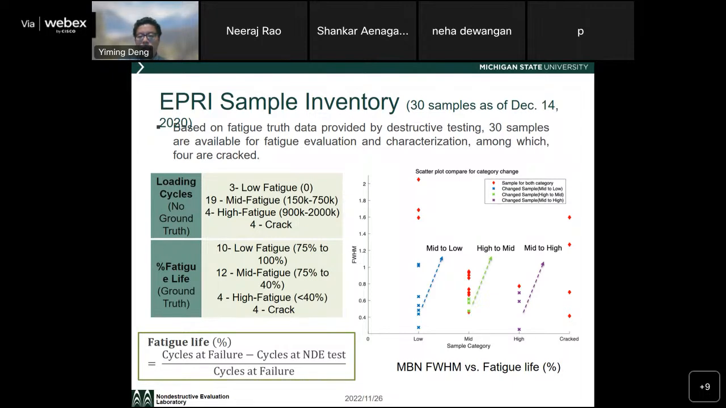Right, so we plot the scatter plot based on the limiting information we had at the time. You can see this is a plot of one feature, the full width half magnitude, versus the fatigue life, where we color coded them based on the information where it was. And you can see there's a change of color. Some of them change from mid fatigue to low fatigue, some of them change from high fatigue to mid fatigue, and so on. The reason is there are different time points that we use NDE methods to measure